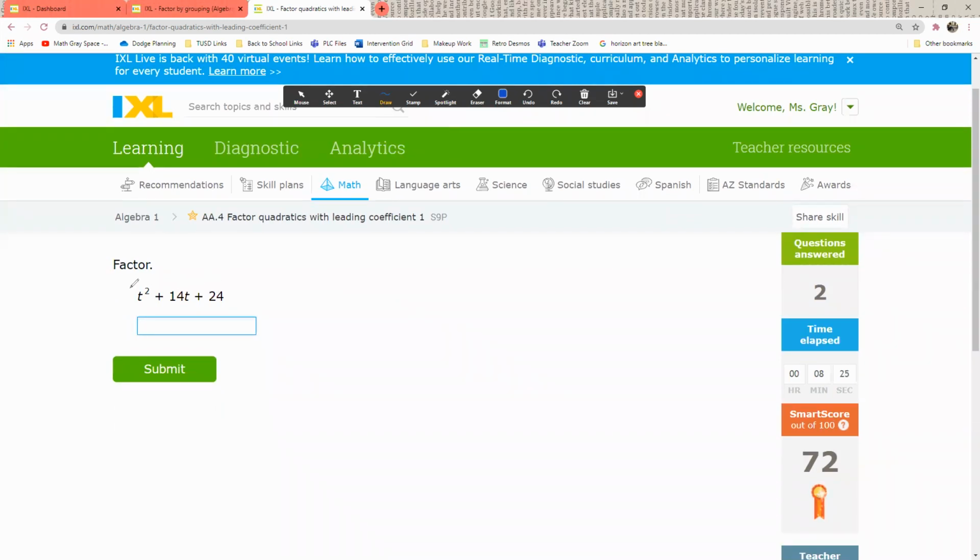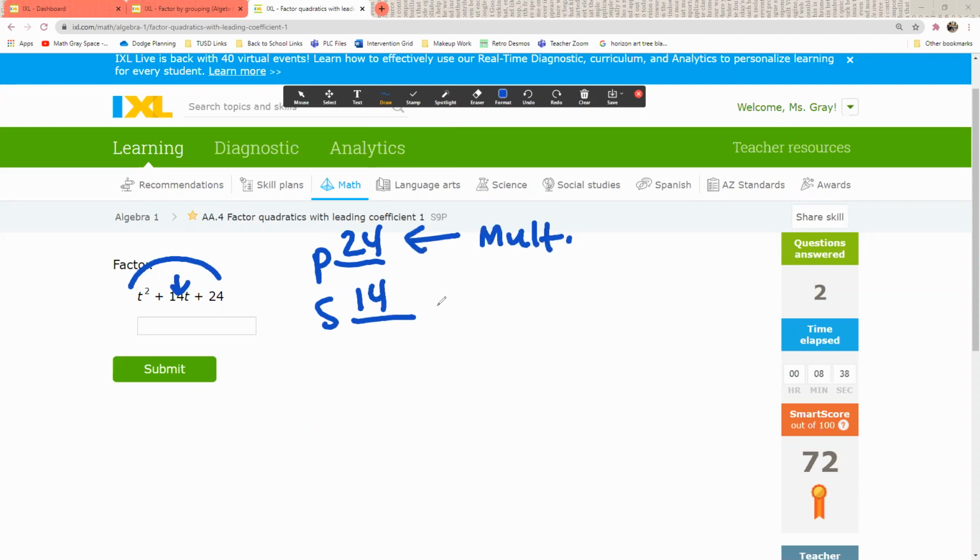All right, so this one has a product, so 24, and then a sum of 14. So this time I'm looking for two numbers that multiply to be 24 and add to be 14. So we should go through and probably figure out products, right? I gave a pause just so you can think about that for a sec. There are going to be times where it's going to be hard to figure out. So usually I tell students, come over here to the side and make a list of two numbers that multiply